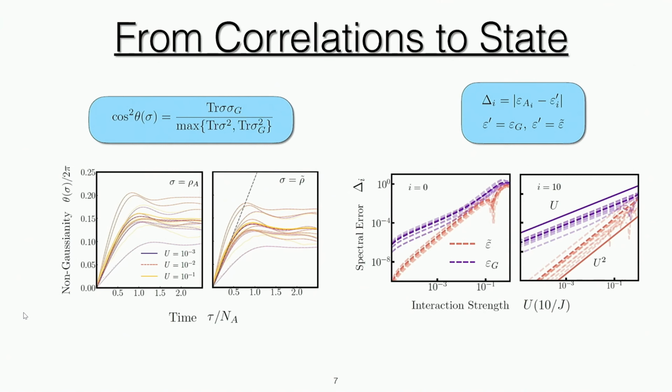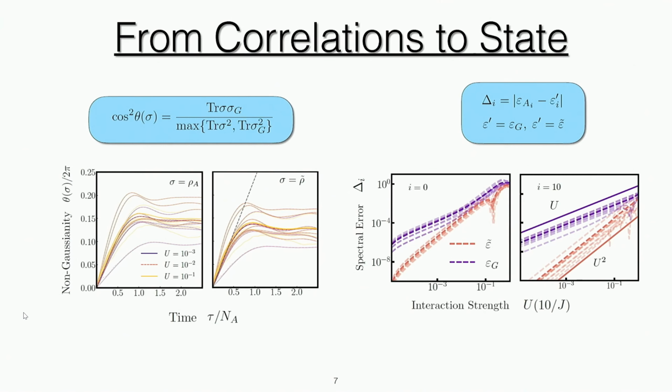On the far left, we have the exact state and the exact buildup of non-Gaussianities, and right next to that is our ansatz. And as you can see, in early times, you effectively get this linear ramp exactly. The ansatz, rho tilde, doesn't go quite as high, which makes sense because we've thrown away a lot of non-Gaussian correlations. But qualitatively, you get it essentially exactly, and you also get a lot of quantitative features.